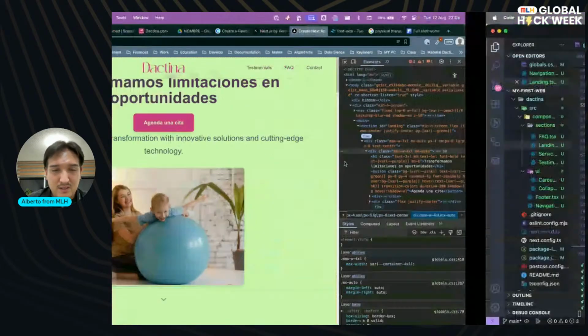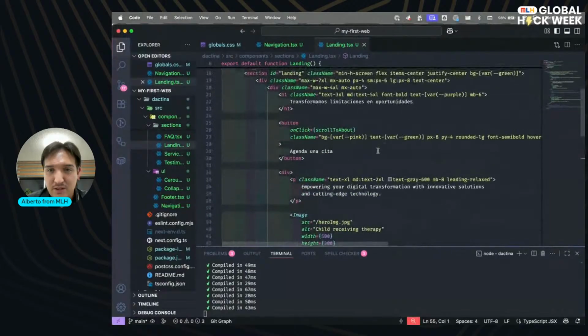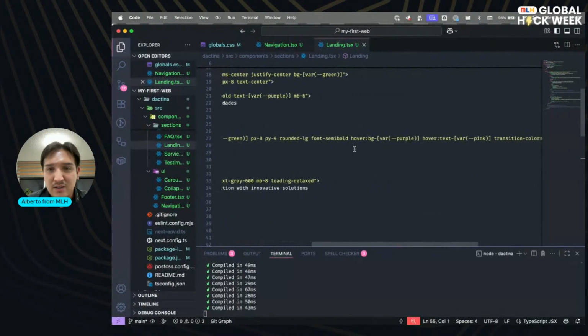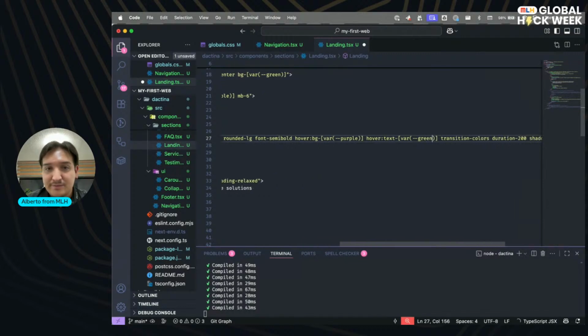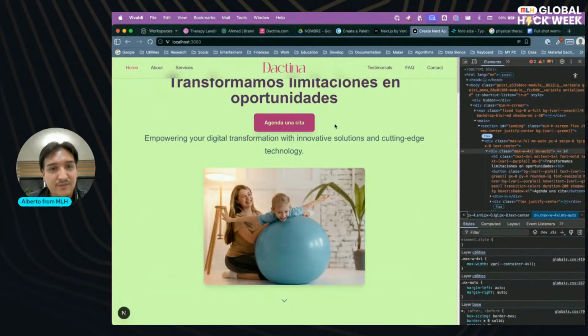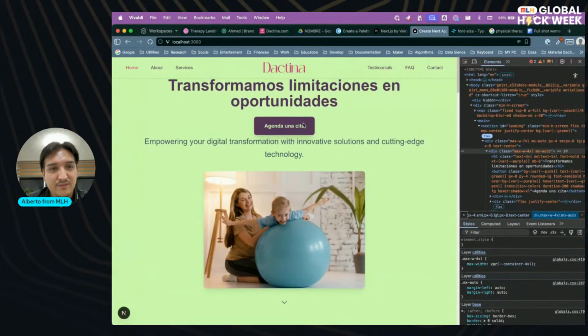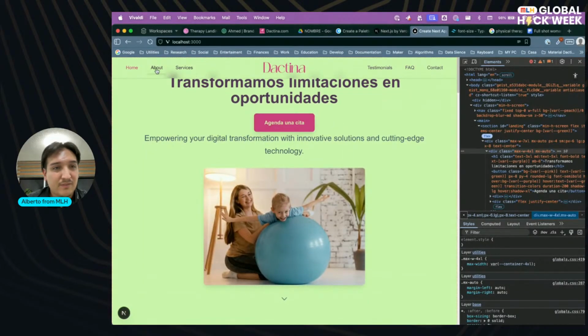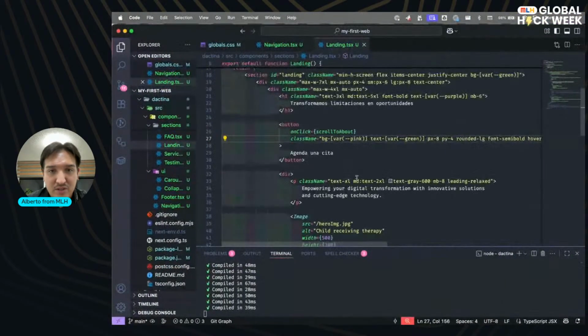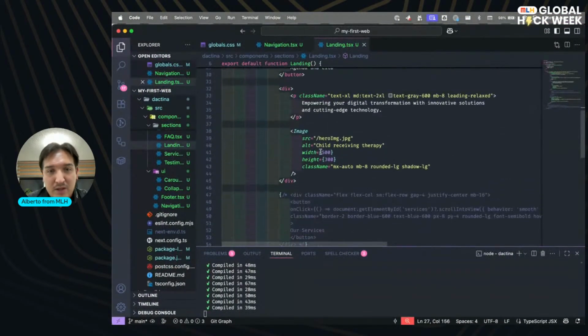Maybe the text can keep in green. And okay, yeah, the image. Let's work on the image. We can make it wider.